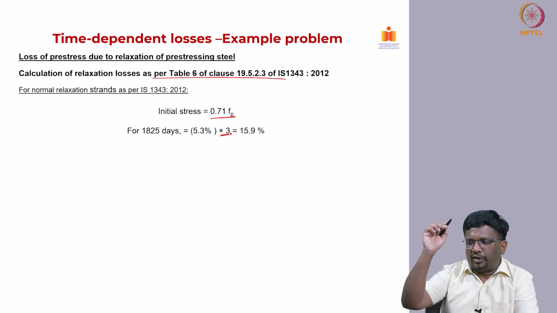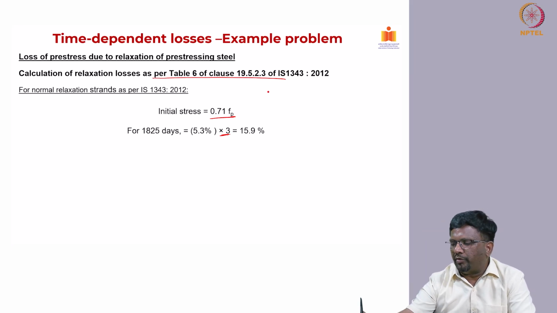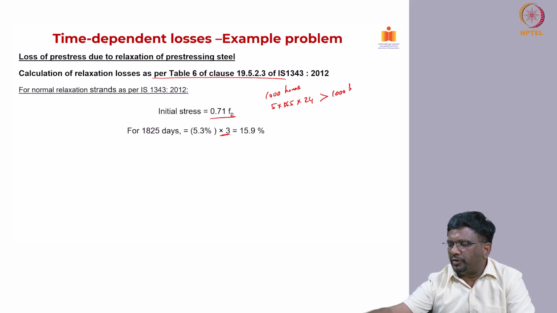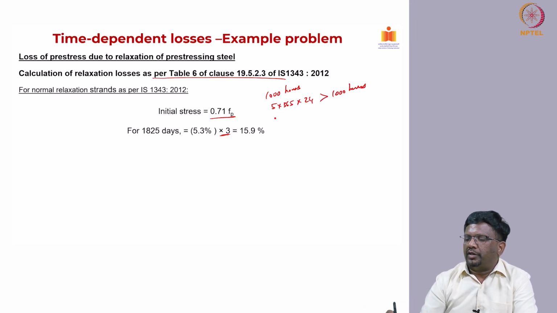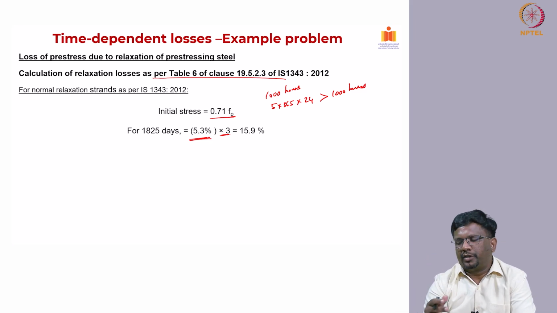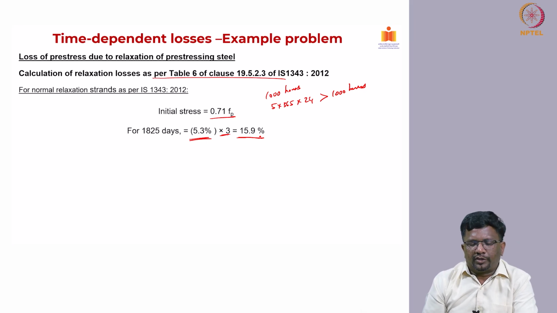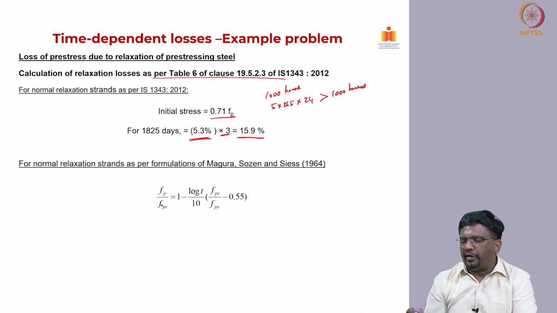The table value that we have discussed is valid only for 1000 hours. Now, we are doing it for 5 into 365 into 24 hours, which is much larger than 1000 hours. So, that is the reason the suggested value has to be multiplied by a factor of 3. That is what the code says. So, when you do that, the relaxation loss is 15.9%, or we can go ahead and use the equation that we discussed, which was developed by Magura in 1964,